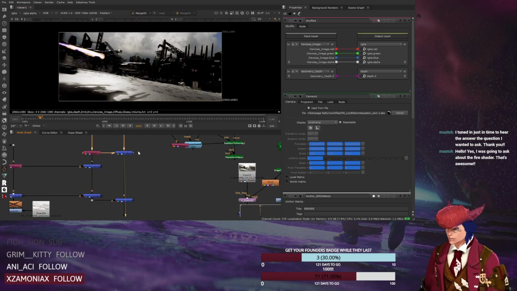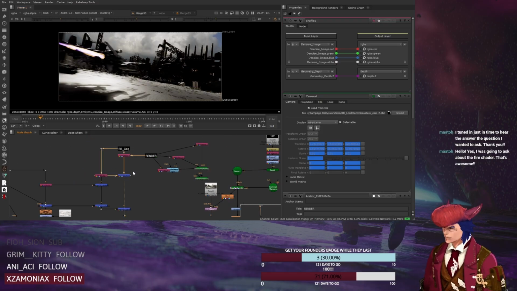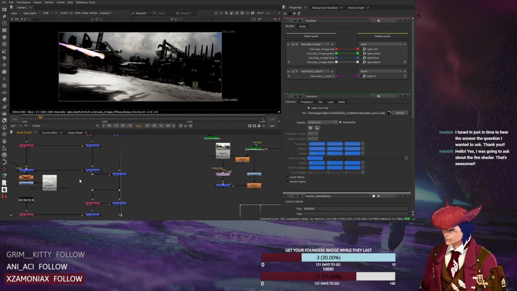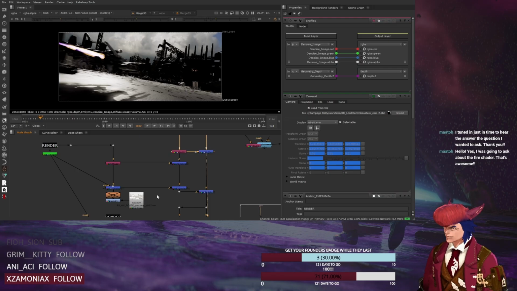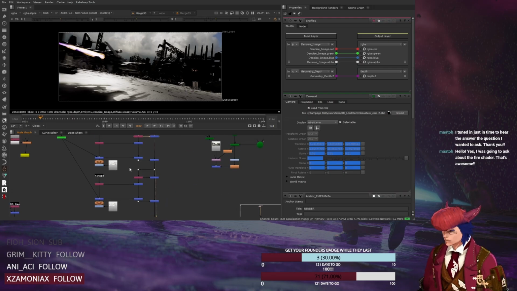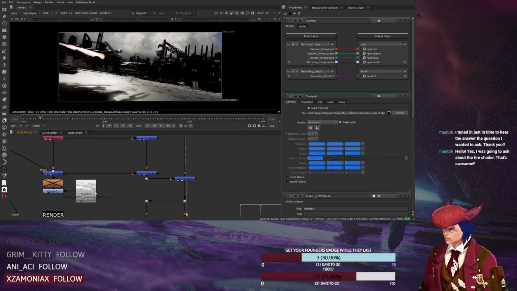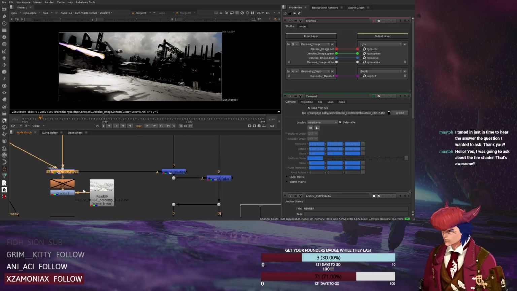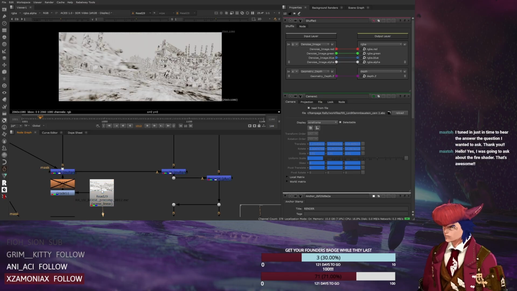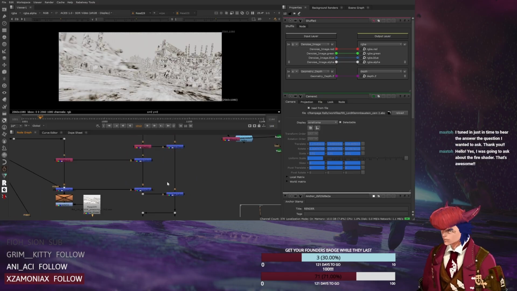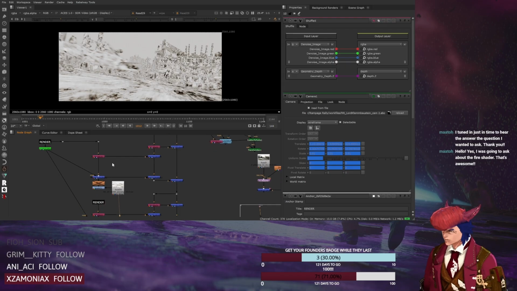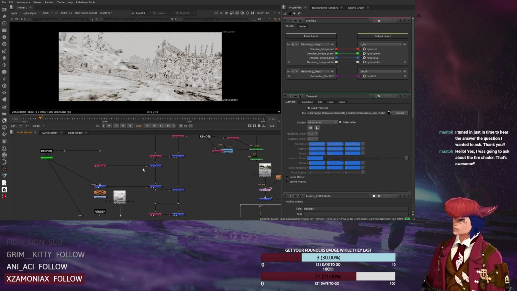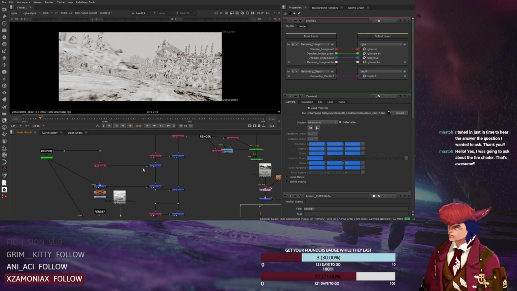I then added... no. Actually, I didn't add anything. I was... what did I do here? Yes, right. This node setup is one way to utilize the transmission and diffuse and glossy